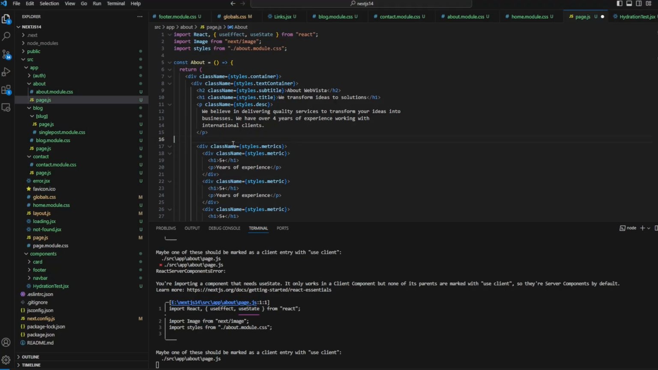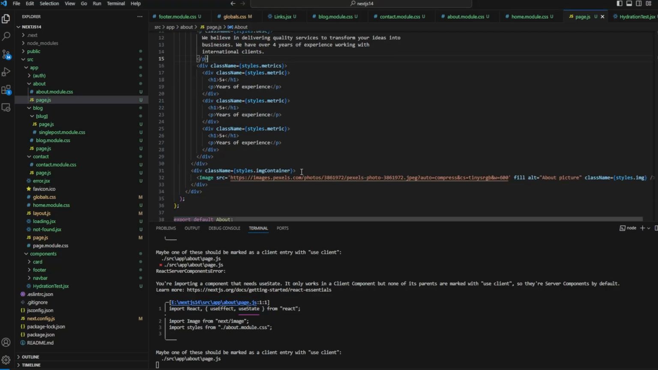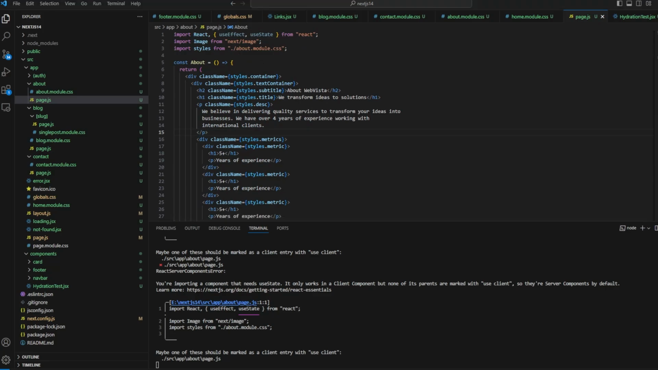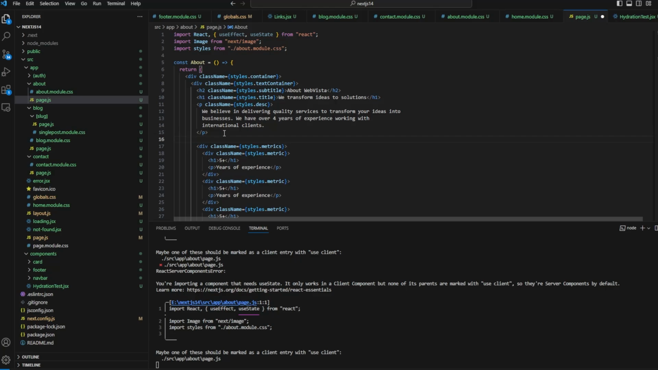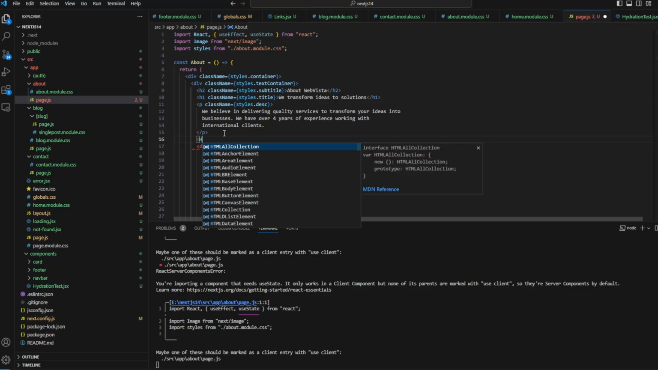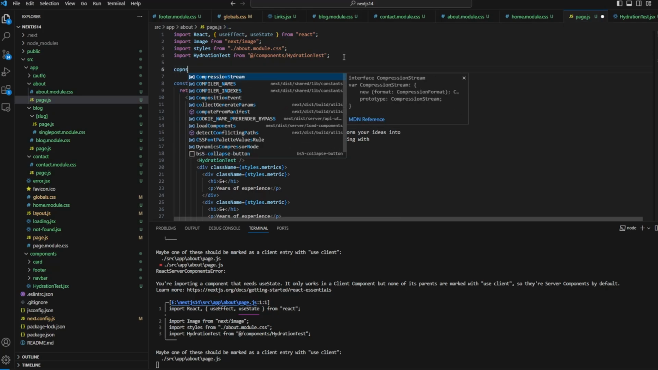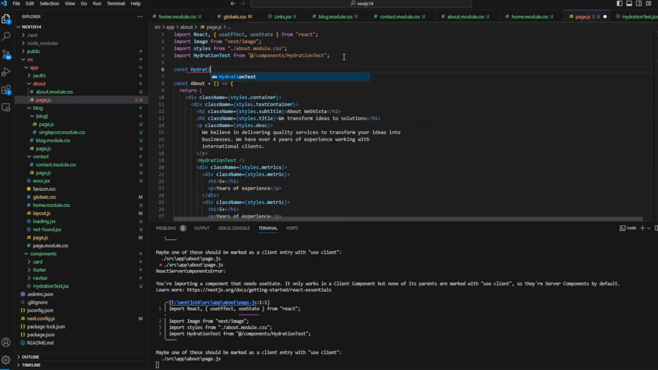Now we have to import that component using the dynamic function of Next.js. I don't know if it's a hook, but I think I can use that term. So here let us import the component HydrationTest. So you can see that this is imported from components/HydrationTest, but we want to import it dynamically. So we'll say const HydrationTest is equal to